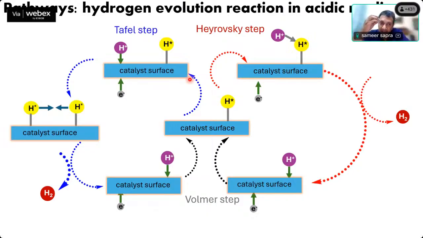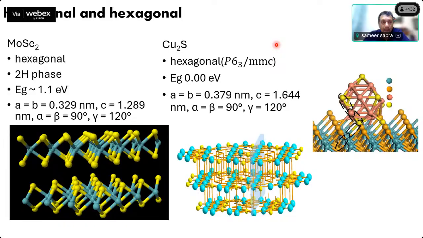These defect sites are the points where your H plus can go and sit down and then wait for an electron to come. If you do not have the defect sites, then it is likely that you have the Heyrovsky step. All right. So Shamim, after having completed this successfully, said, "Okay, I want to go further with